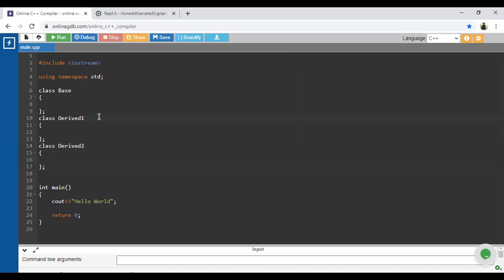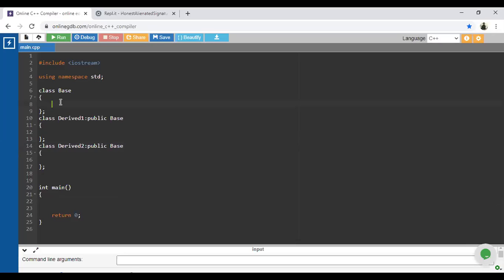And how are we going to provide the relation with respect to derived 1? Colon public base, public to the base class. Similarly, with respect to derived 2, we are going to access all the members from the base class to the derived class in public access specifier mode. Now write the data.